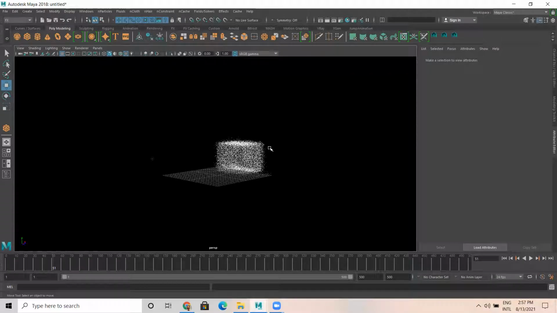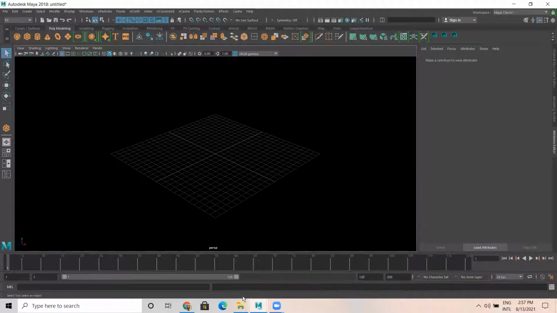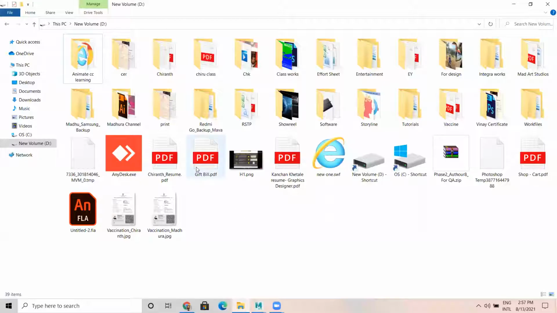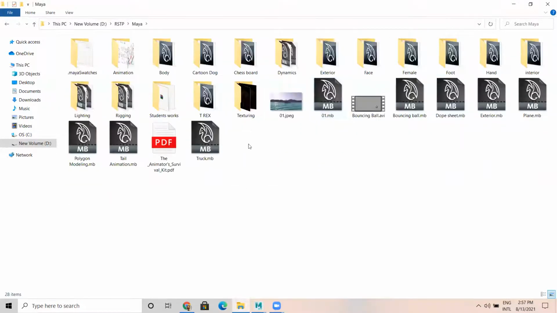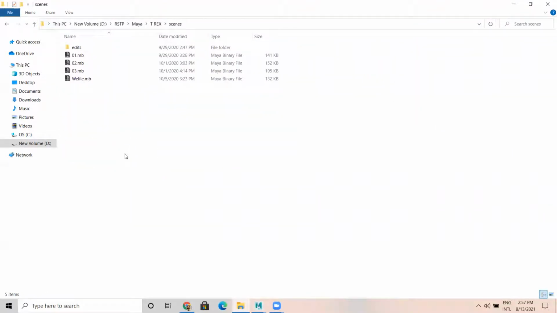Okay, let's do one thing. I'll take two things. I'll show another one. Let me take a character, and he's turning into a monster, or let's see. So for that, I would like to take a T-Rex. Okay, let me just take a T-Rex here.